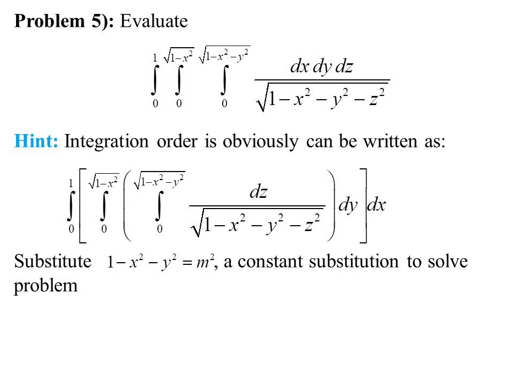Substitute 1 minus x square minus y square is equal to m square. So in the inner integration, this big term under the root that you can see, 1 minus x square minus y square, this particular term I can substitute as m square. So it's a constant substitution. With respect to this substitution, no variable and limits will change. So only constant substitution we are making, and after integration we have to resubstitute it back.